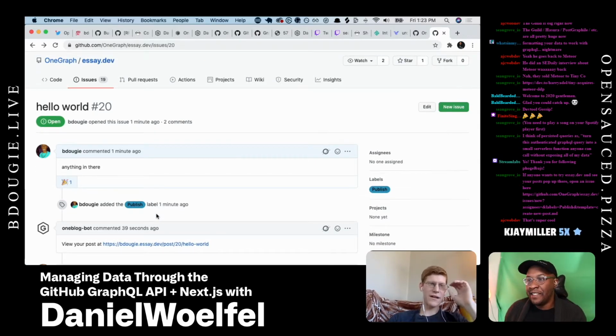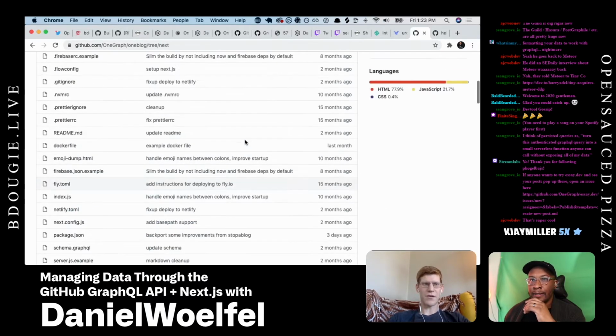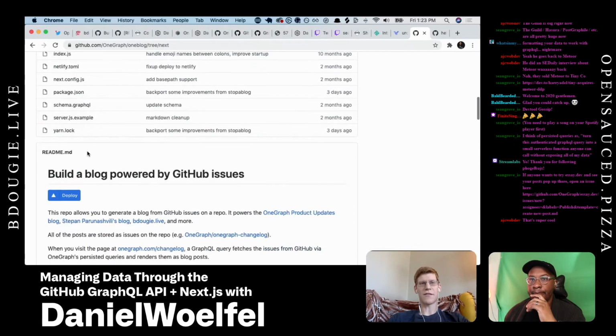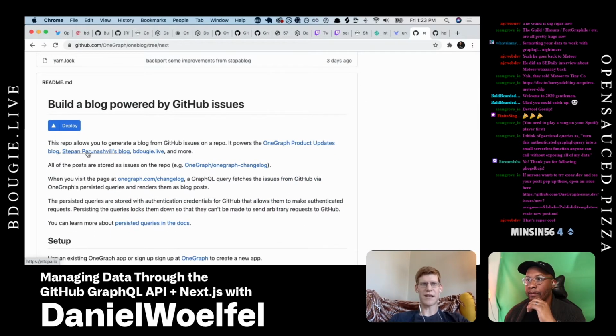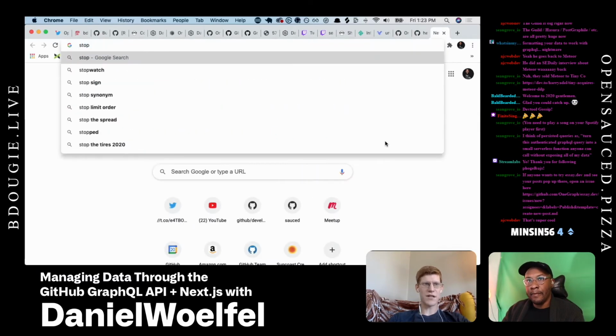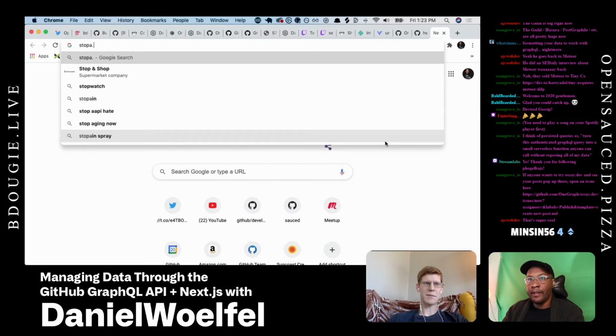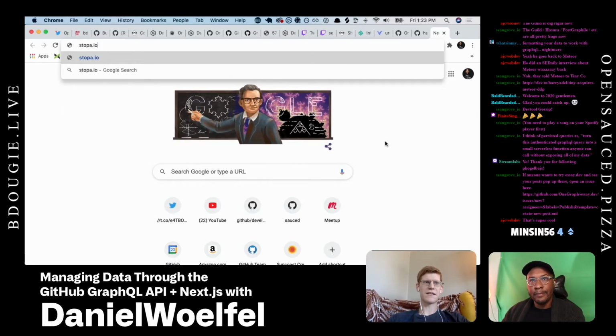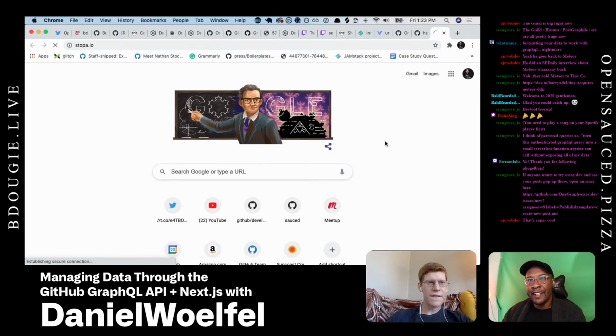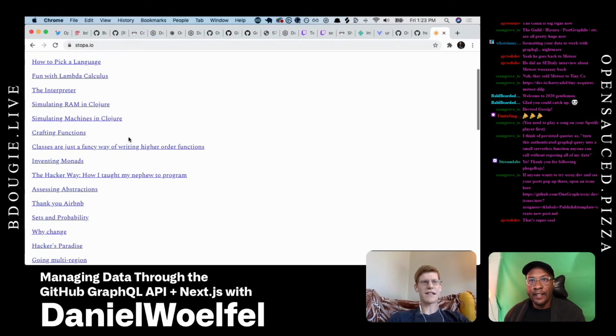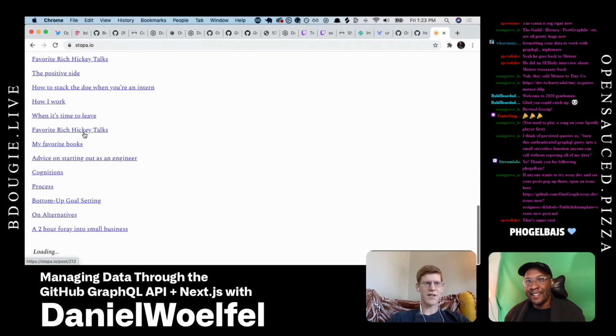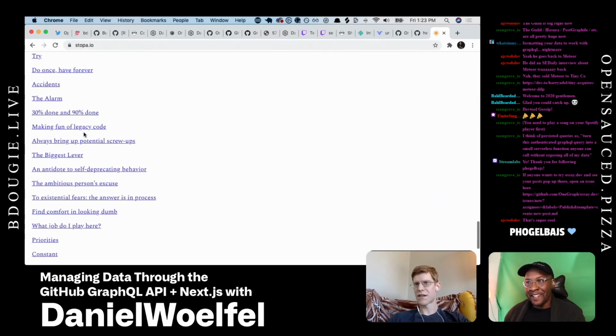Exactly, yeah. So we have a few people that are starting to use it, and then a few people like yourself who fork the OneBlog repo and create their own blogs. If you're following Hacker News, you've probably seen stopa.io. I haven't seen Stopa. So he's got some really good posts on. Well, he loves Lisp, so he's got some really good Lisp posts. Is that the? Did I spell that right? I think so. Yeah. So it's like completely different than yours because he's done different customizations. Yes, he's kind of intense on the CSS here.